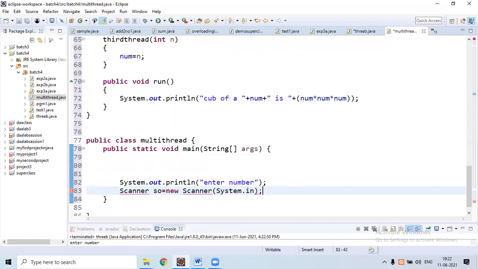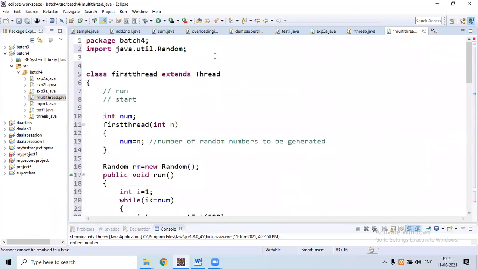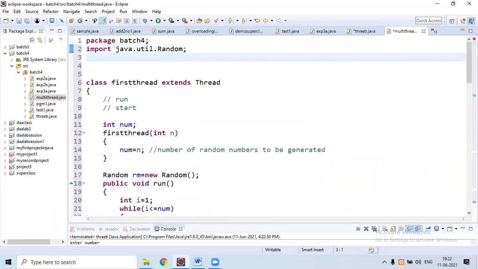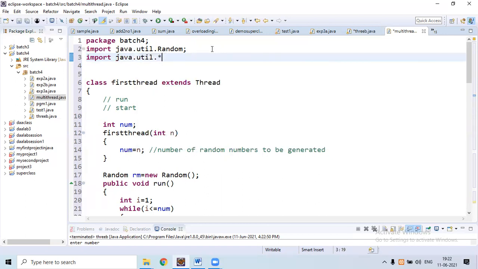Then next semicolon. So here, to use a scanner, we should import scanner class package, import java.util.Scanner.